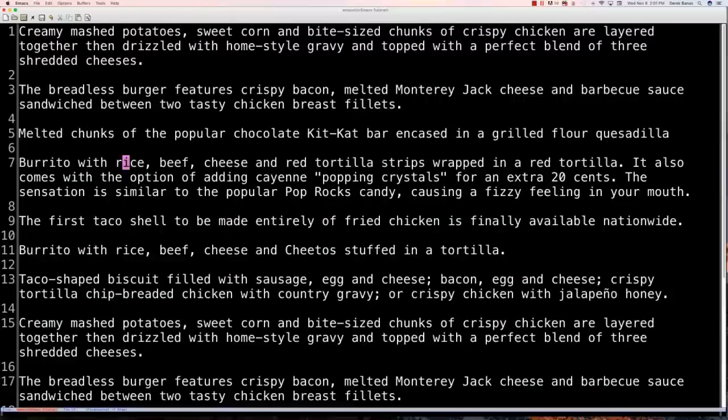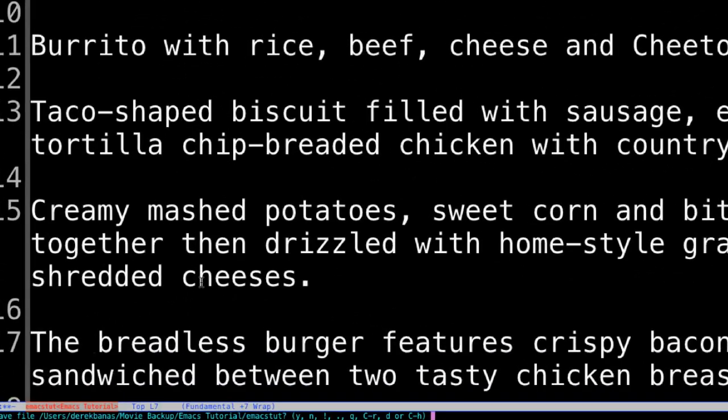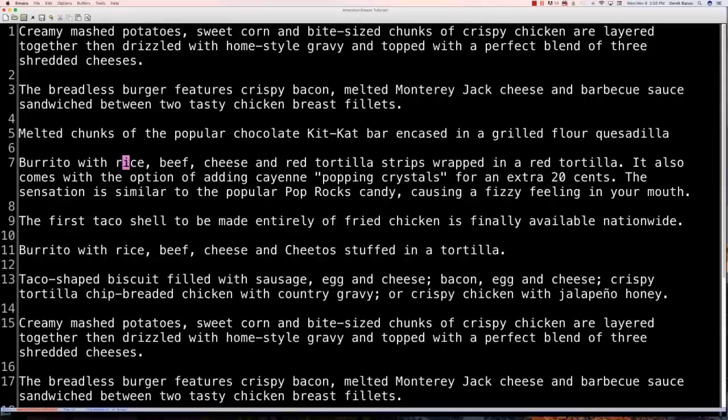Now, if you want to quit Emacs, and I don't know why you'd want to do that, you just go Control X followed by Control C, and that is going to give you the option whether you want to save your file or not. You can type in Y, no, and so on. What I'm going to do is hit Control G to cancel quitting Emacs